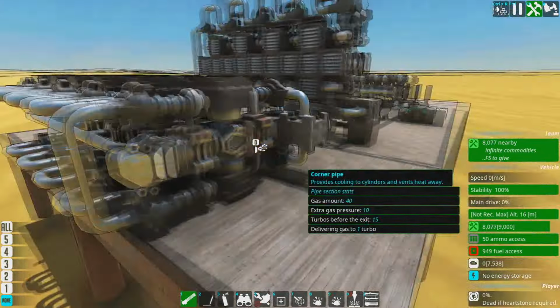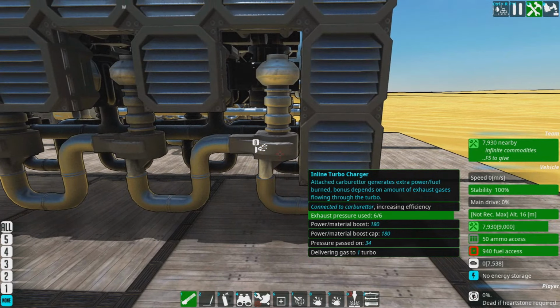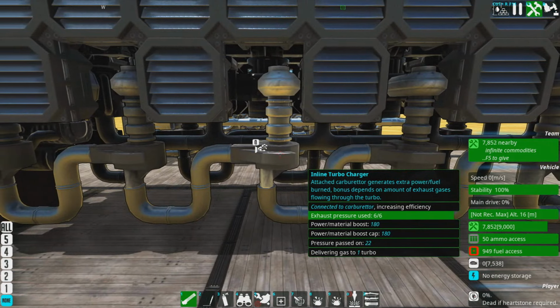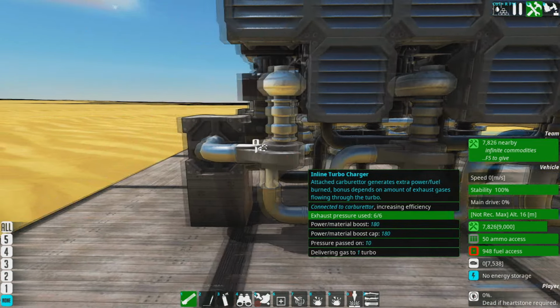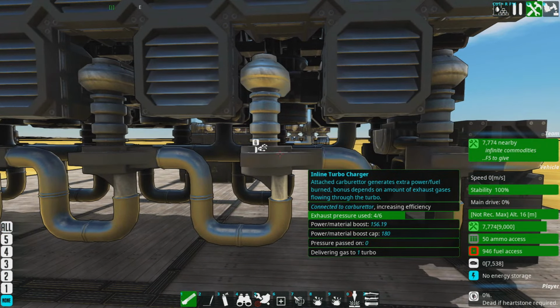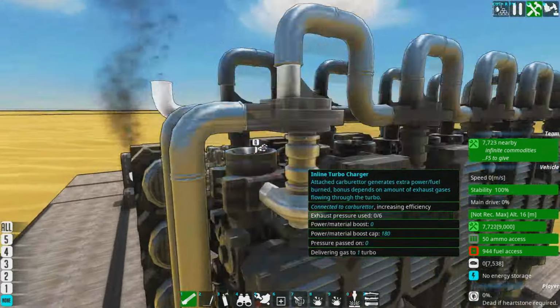Note again that this thing is not using all its exhaust to maximum efficiency. So, you'll see that these exhausts all thread here, and they go here. This one is using full exhaust pressure. This one's using full exhaust pressure. This one, this one, this one, this one. Oopsie daisy, and this is where we run out of exhaust. So, at least half the...